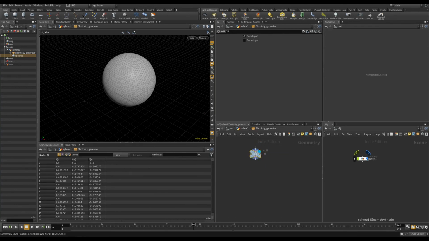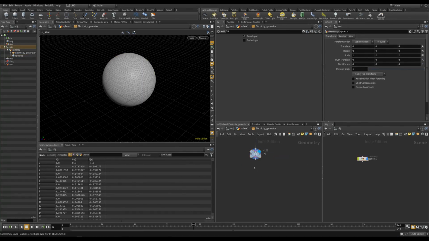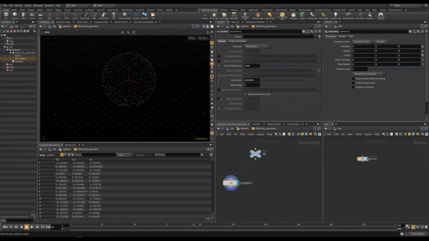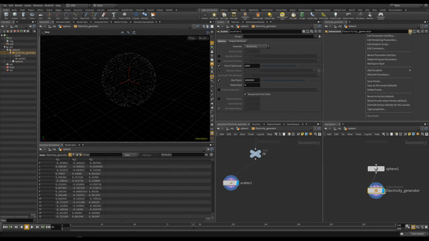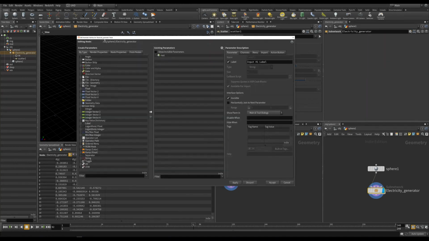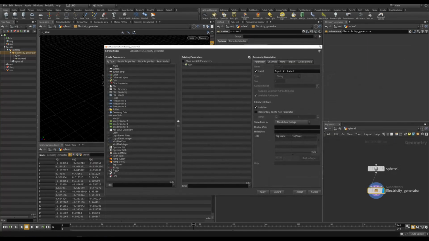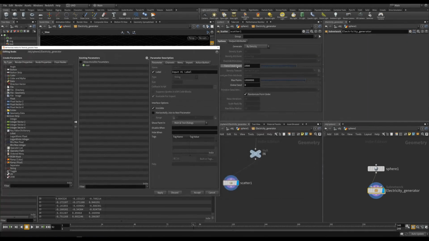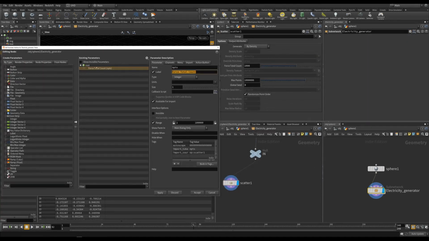Let's start by dumping down a scatter node. So put down a scatter node, and we're gonna turn off relax iterations, and for the force total count we want to have a control. So let's go to our subnet here, go to edit parameter interface, and let's just drag it in there. So I can go like that and call it amount. There we go. Let's just put it to 10,